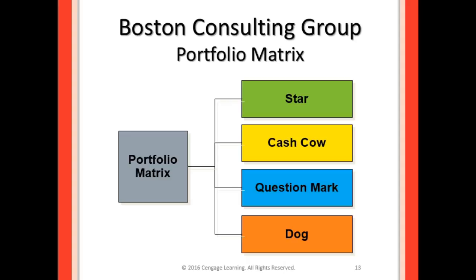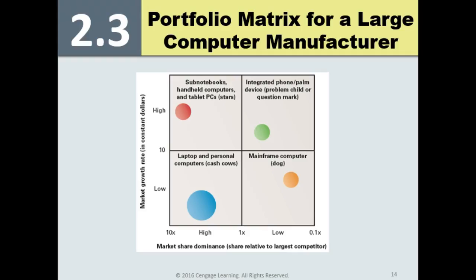And the dog is just simply low growth potential, small market share. Usually the decision made here is to just not continue feeding that one. Okay, so here they're broken down. Upper left is stars, upper right is problem child or question mark, bottom left cash cows, bottom right is the dog. So what I just talked about on the last slide applies right here as well. They just give you an example and a visual aid to be able to see that.